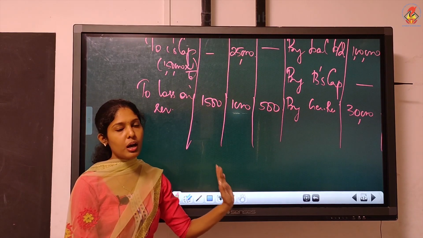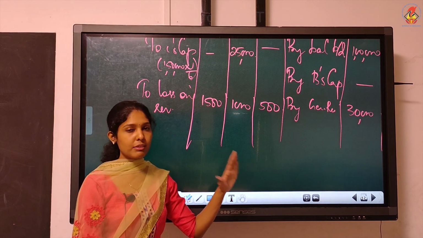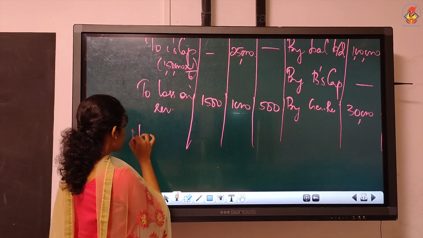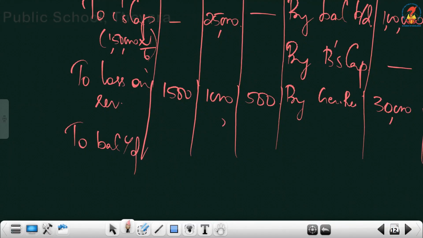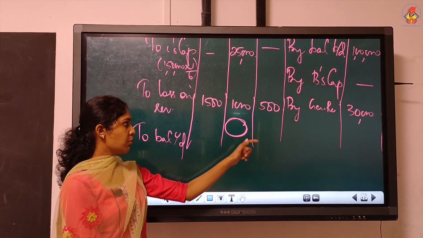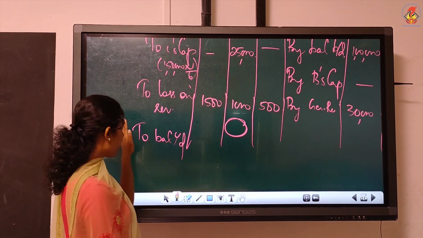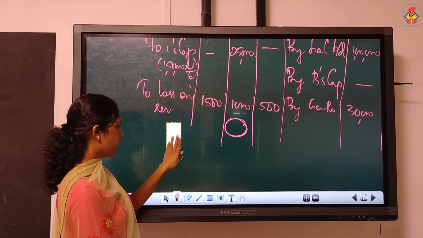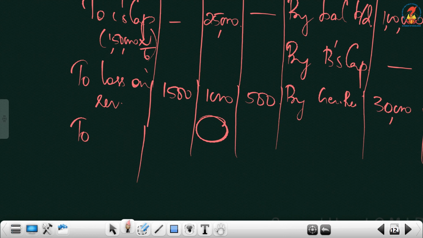Next is compute the balancing figure. There is no adjustment of capital. So, balancing figure directly you can write as to balance carried out. But for the retiring partner, there is a difference. When you write the balancing figure as usual you have to compute. But while you write retiring partner's balancing figure, you can't write it as to balance carry down. Instead of that, you must write it as to, who is the retiring partner? B, no? C is the retiring partner.